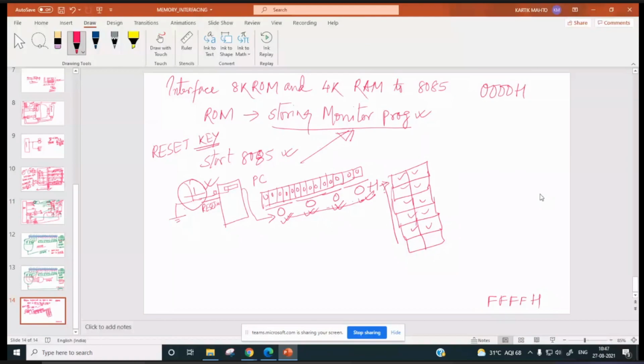So whenever reset button is pressed, program counter is set to 0000 and monitor program has to run. So by default, monitor program has to start from 0000H, and monitor program is stored where? RAM? In which do we store it? ROM, sir. In ROM. So ROM has to start from 0000H. Okay. Hello. Yes, sir.